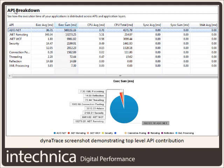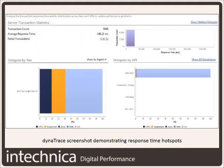So, digging on further, going on to the next slide, we go down a little further again. What we're digging into here is response times. So let's see if there's anything that might give us a clue, if there are any particular parts of the application activity that are slow. And what we're seeing here very much is, looking on the left-hand side down the bottom, the contribution of